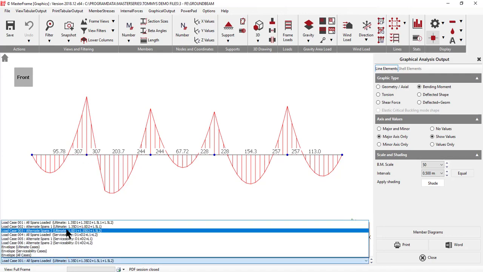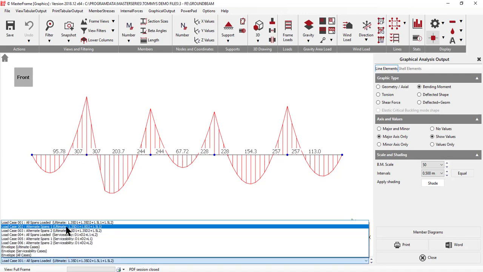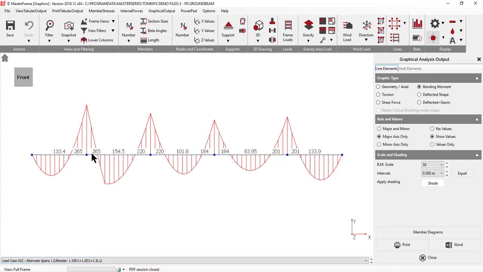Now, if I go to max min, what's going to happen is that this 95 now becomes 110. That's because there's less load here, so that this is lifting up or going down less and pushing this down. So we're getting a higher moment here than we would have got if we'd only considered maximum on all spans. The support moment is less,